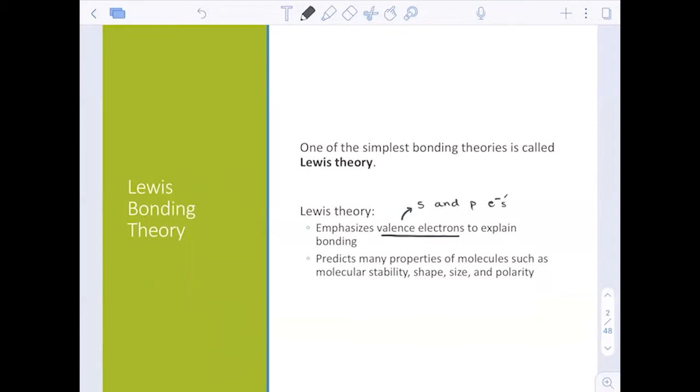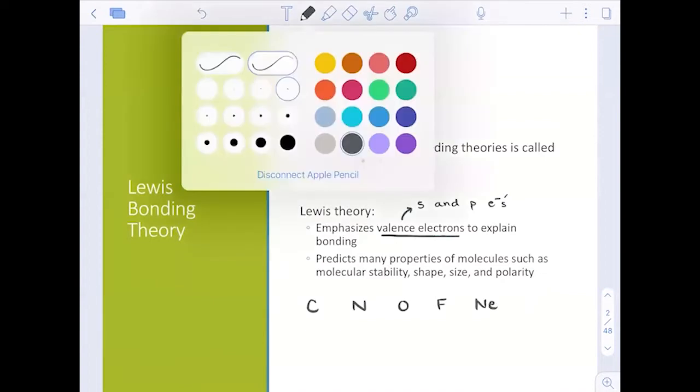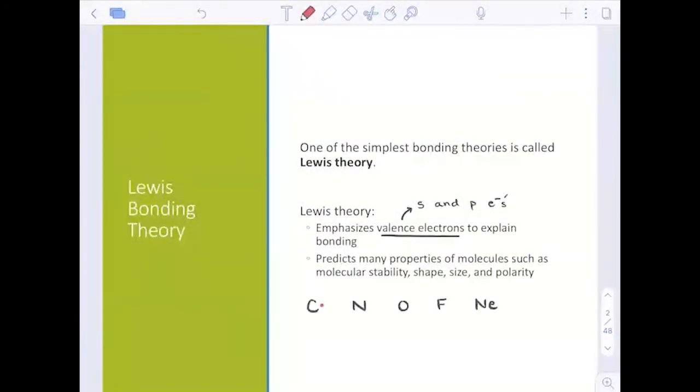Now, if we know the valence electrons, we can predict many of the properties such as the stability, shape, size, polarity, things like how many bonds do those atoms make? And that's what we kind of talked about. I'm going to just write out a few of our nonmetals in row 2 and quickly do their Lewis dot atoms. 1, 2, 3, 4 valence electrons